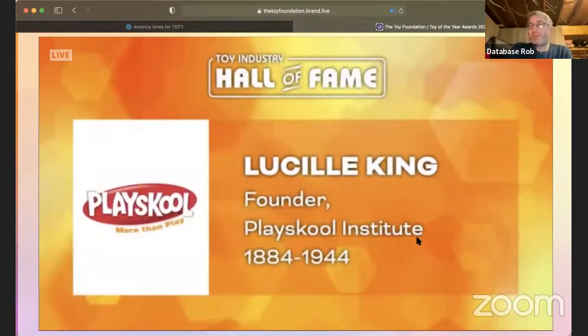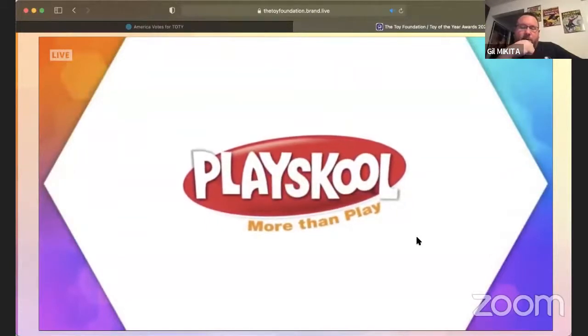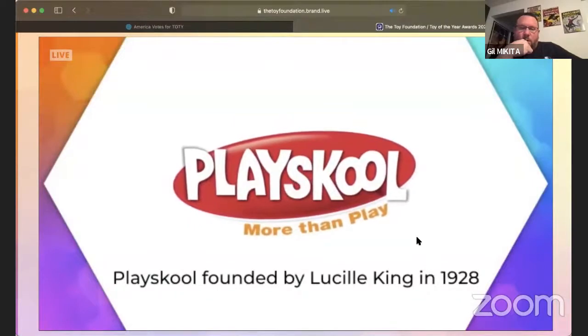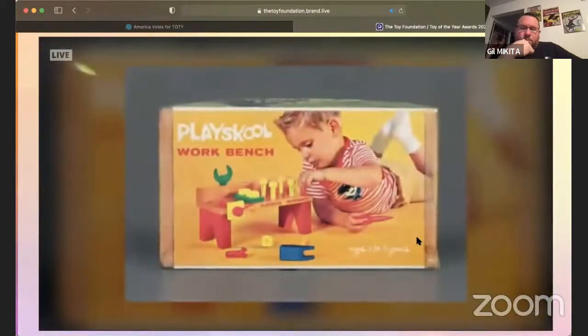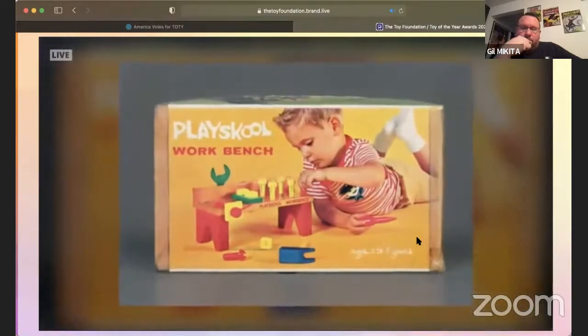Founder of Play School. Born in 1884, Lucille King, a retired school teacher in Wisconsin, developed a design concept for durable wooden block toys to be used in the classroom to stimulate young minds and develop hand-eye coordination. In 1928, while she was working for the John Schrader Lumber Company, King and a colleague brought this idea for wooden toys to the company's management. They liked the idea, and as a result, the Play School Institute was established